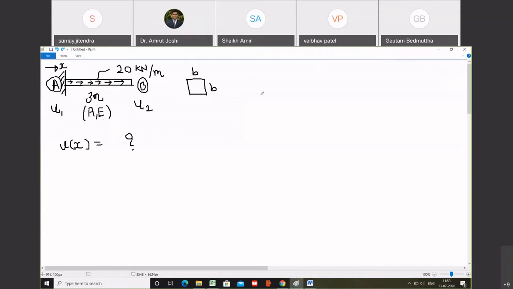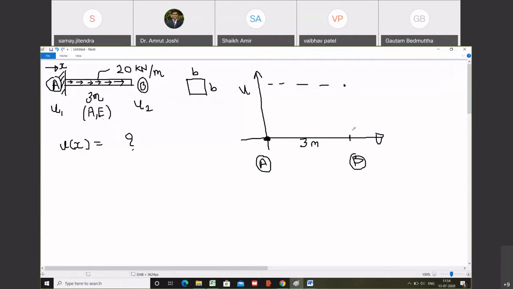So now let us do one thing. To make you visualize this, I will plot the x directional deformation u on the y axis and position on the x axis. So at x equal to 0 you are at point A and at x equal to 3 meter you are at point B, and on the y axis I am plotting displacement. Now fortunately, as the A end is a fixed end, therefore u1 is going to be 0. Do you agree with me? U1 is the x directional displacement at A. U1 is 0. So this is the point. And at B, u2 is going to have some non-zero value. Do you agree with me? And that value is U2.